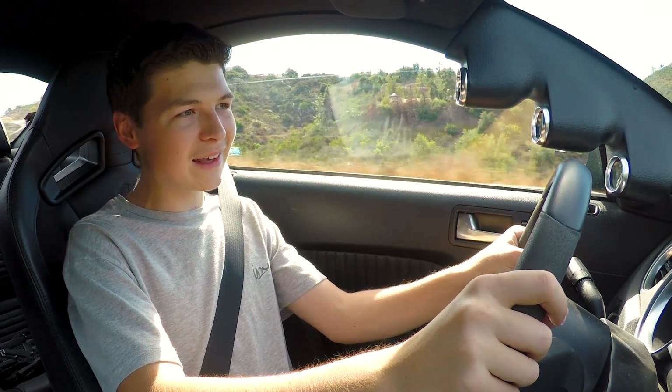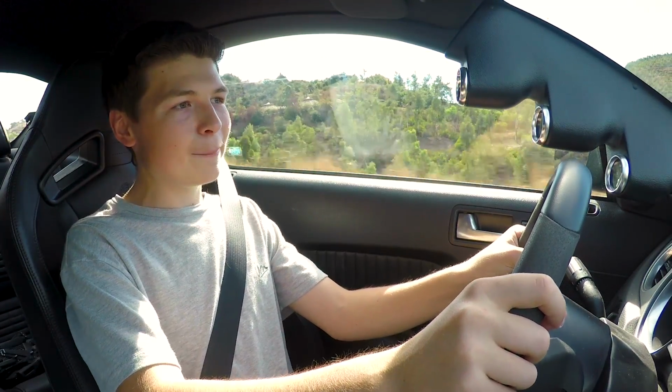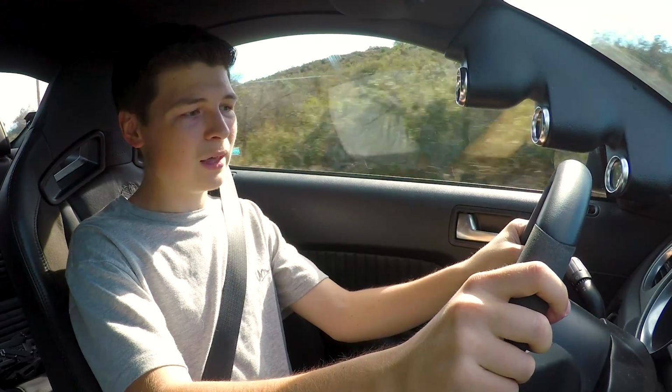So what you need to know about this car is that, again, it's got 1000 horsepower, and it's not like any other 1000 horsepower car I've been in, because with this car, the way it's set up, it puts down the power exceptionally well, and I think it's partly due to that Watts-Link suspension in the back. This car does have drag radials, and that does not come standard with this vehicle. They come with Michelin Pilot Super Sports, I believe. It doesn't make much sense to me why they put that on this kind of a car, but what Shelby's